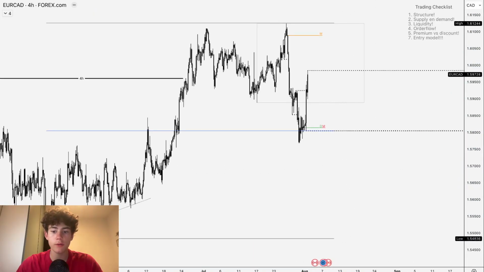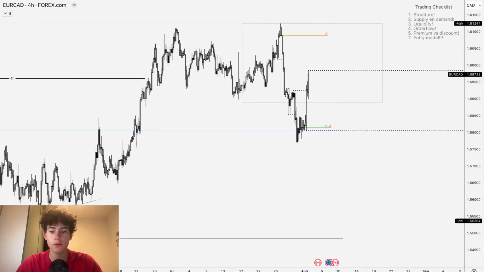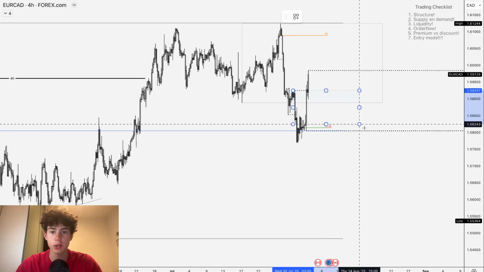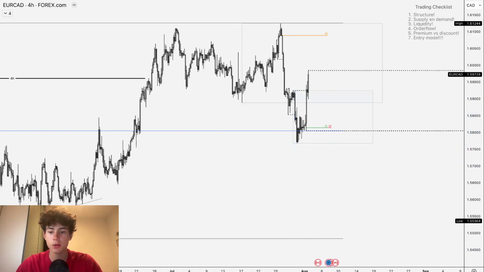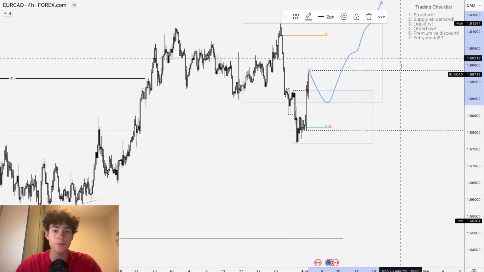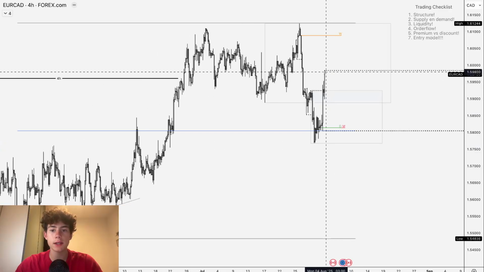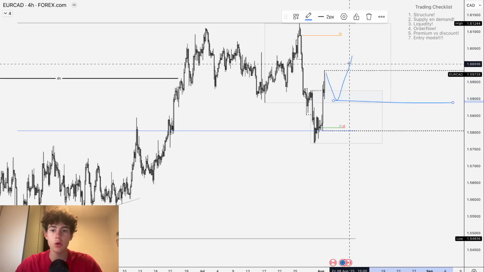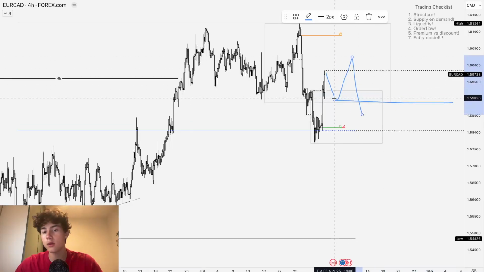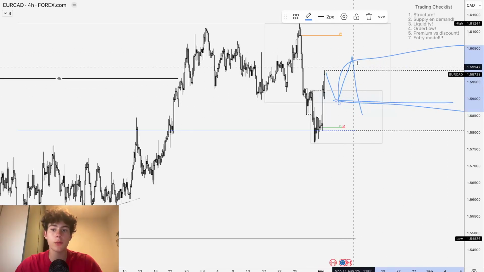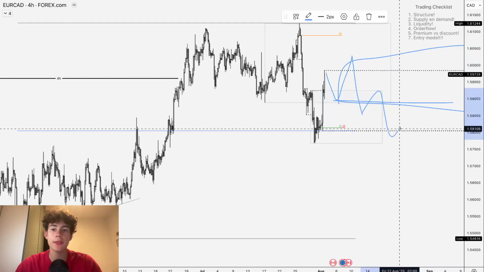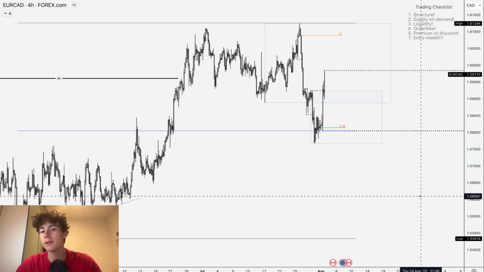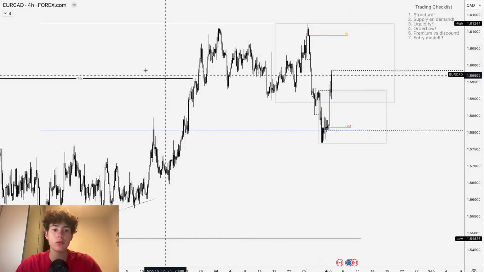So on the 4 hour, it's not the best because the order flow also is bullish here on the 4 hour, and this could just push us up higher. So what I'm waiting on is, let's say if we get a push up higher, this is now our low. If we break that low, then the order flow changes bearish with a supply zone in control, and then I will look for shorts in line with the daily and weekly time frame,